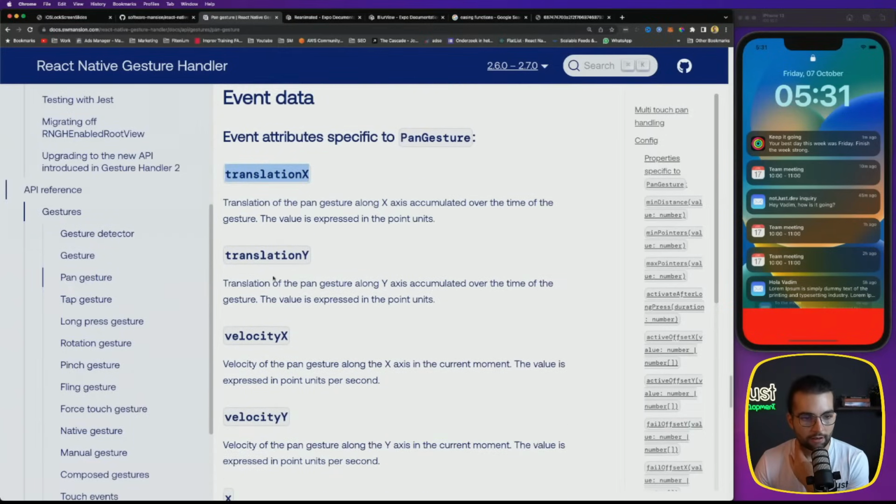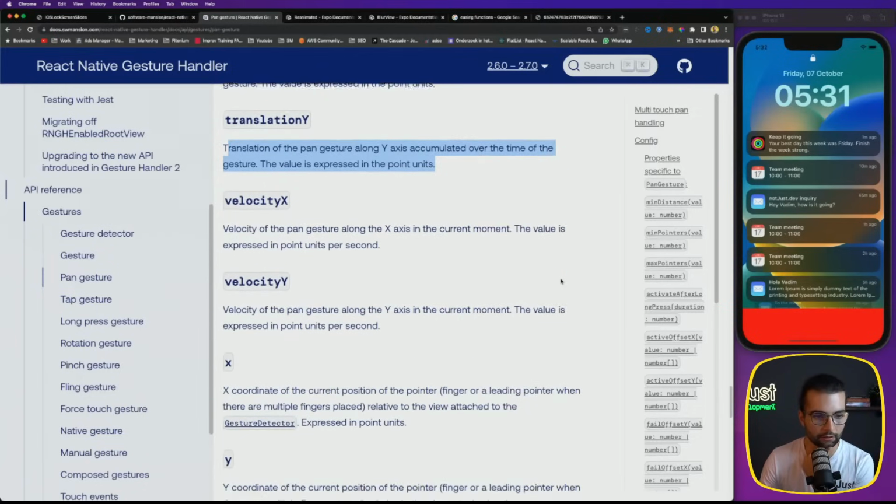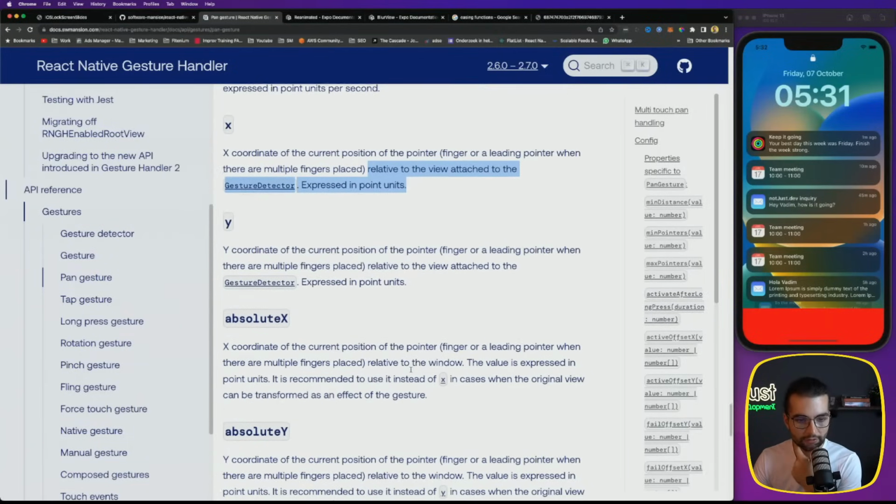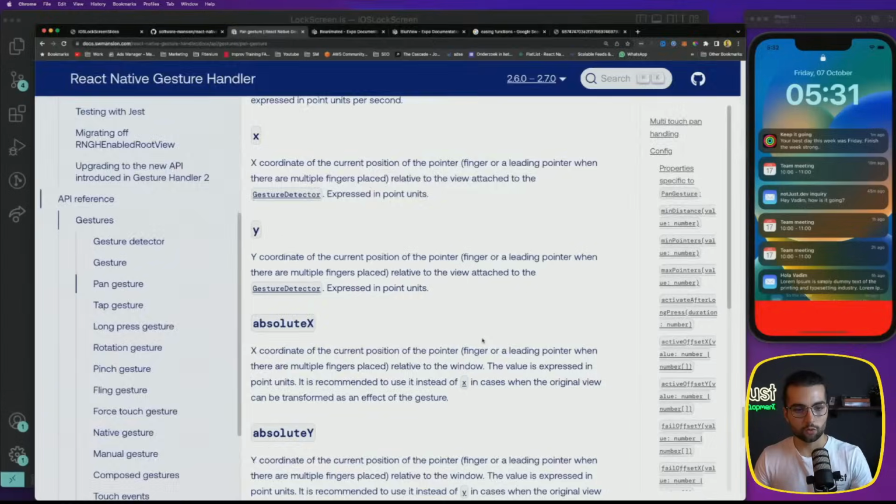Translation X. Translation of pointer gesture along y-axis accumulated over the time of a gesture. The value is expressed in point units. X coordinate of a current position of a pointer finger or a leading pointer when there are multiple fingers placed, relative to the view attached to the gesture detector. Relative to the view. Okay, that's the problem because it's relative to the view attached to gesture handler. So the Y position is relative to this view. That's why